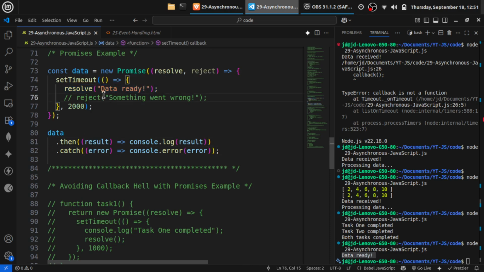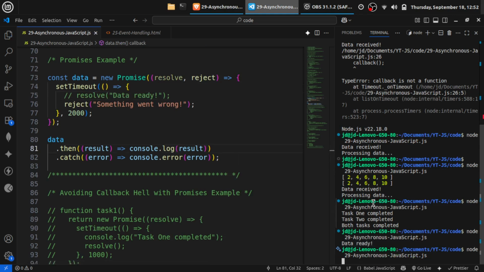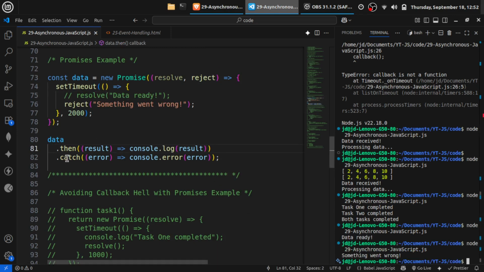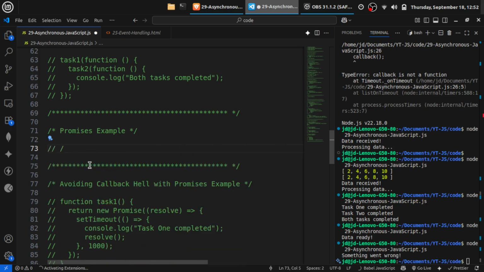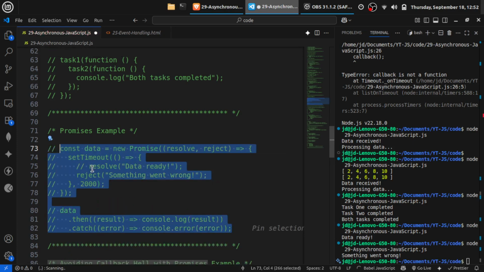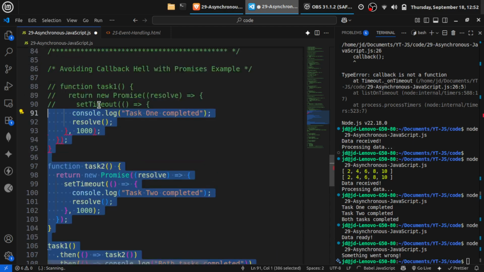But if I reject this promise, now what do I get? I get "something went wrong" inside this console.error, and inside this error I get this line, "something went wrong". So by using .then we handle the success, and .catch handles the error, much cleaner than nested callbacks. If you see the previous example of callback hell in the form of promises, you will see